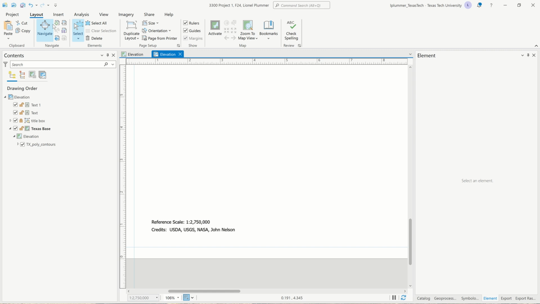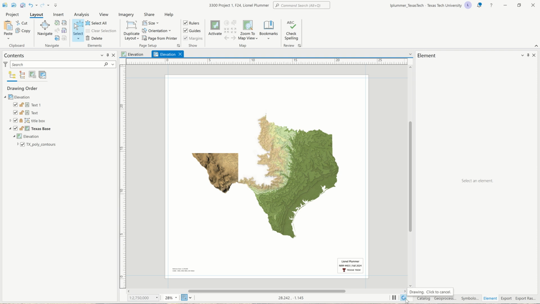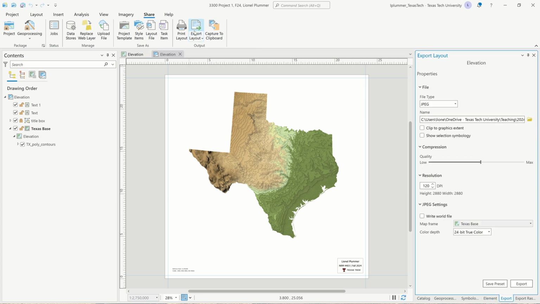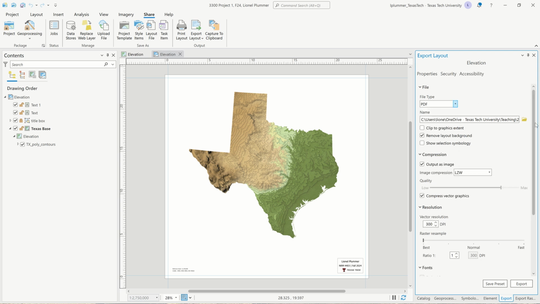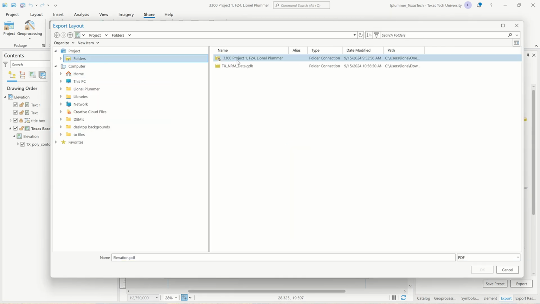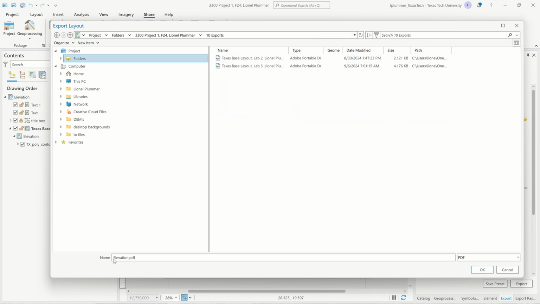Pop up here to layout. Now wait to export until this wheel has stopped spinning. And then you're going to go to Share, Export Layout. And this is going to be a nice one. Let's export it as a PDF, okay? And you're going to go to your exports folder, and you're going to call this